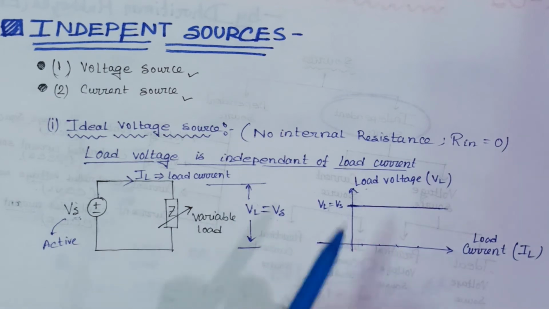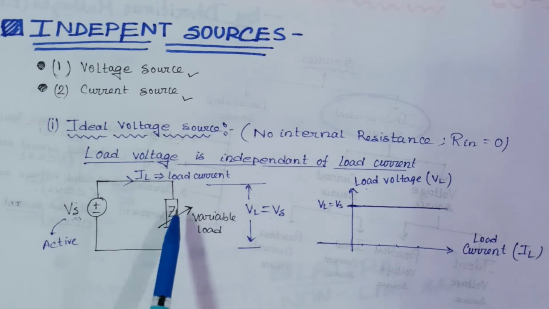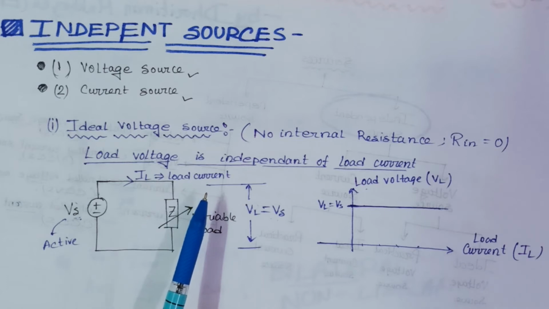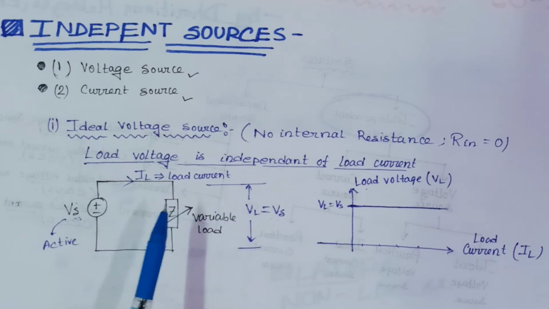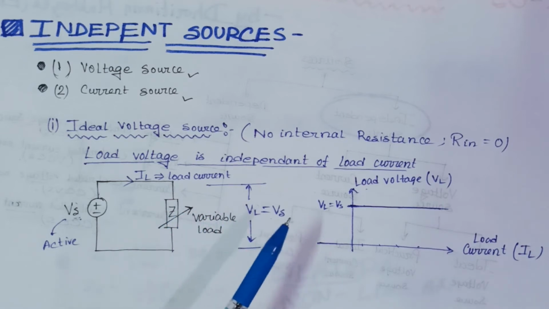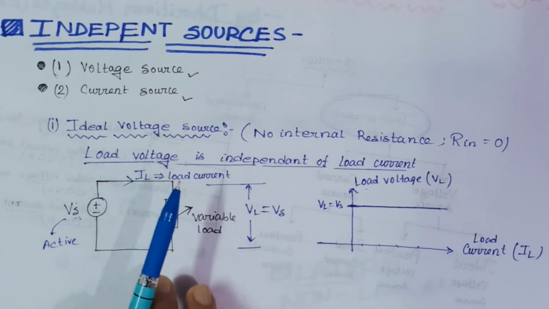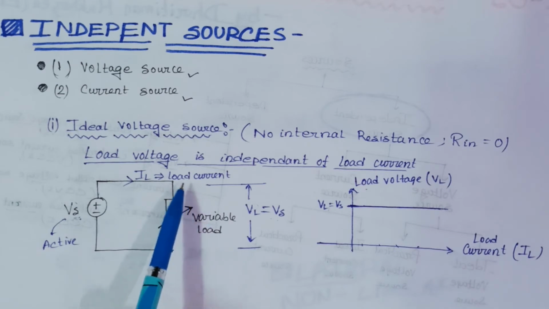If this is constant, it means there is no voltage drop in this circuit other than across this element. Only across this element is the voltage being dropped. There is no other element. If there were, now you tell me, where is the voltage actually dropped? Across some load, or you may say resistance. So this is the only resistance, or you may say impedance, whatever it is. Impedance is nothing but resistance. Impedance is the combination of reactances and resistances. So you may consider it to be a resistance. So voltage is actually only dropped across some impedance or resistance.